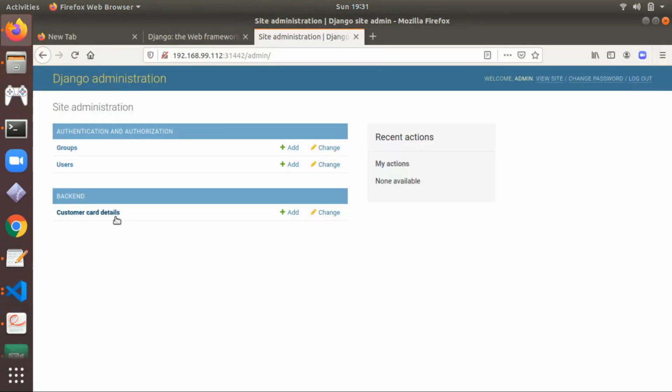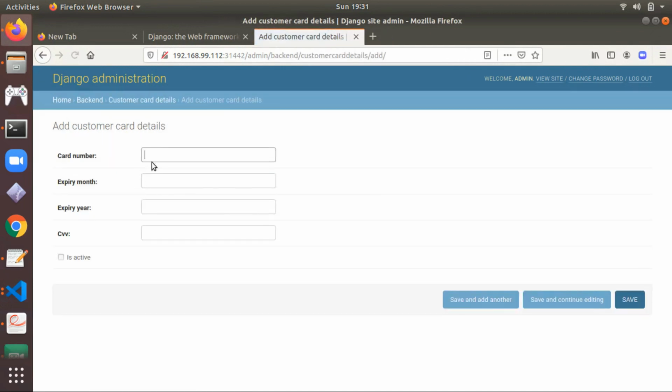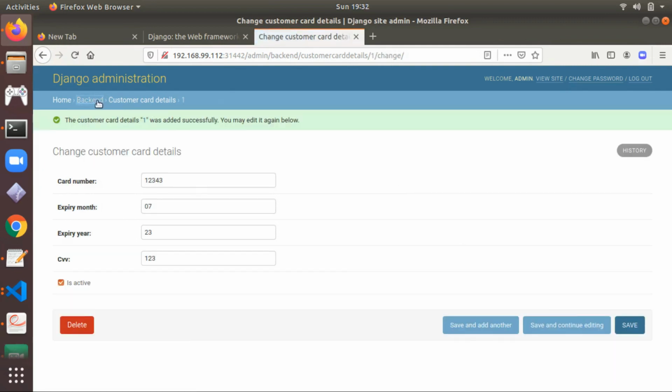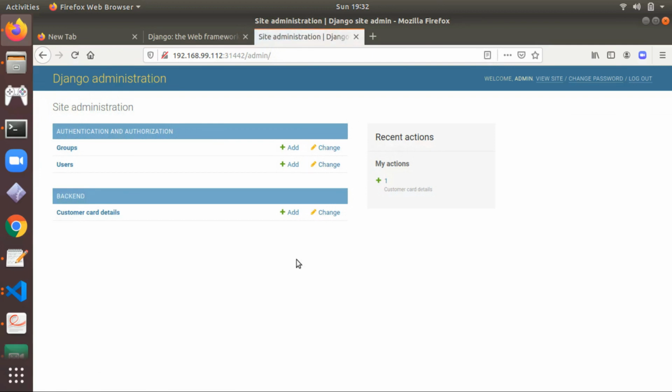Here is the customer card details, and if I add something, just suppose card number 1234, can be anything, expiry month 07, expiry date 23, CVV 123, mark rejected. We created one record, so everything is working fine.